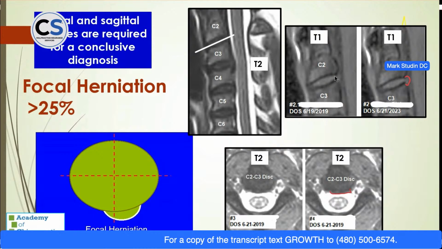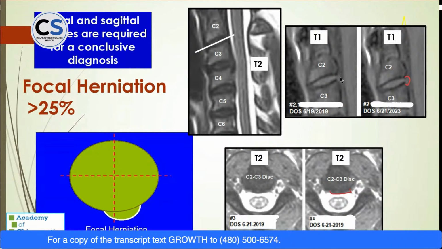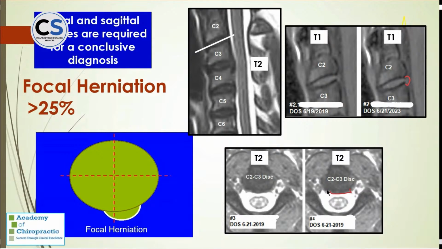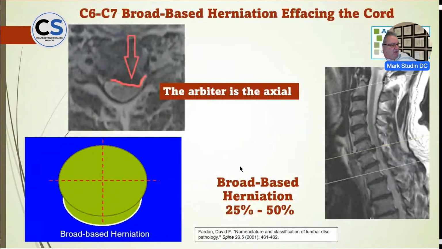Let's just look at this. Here's a T1 weighted image where water is dark. Here's your herniation. I've colorized it for you. It's less than 25%, and you need two views to conclude an accurate diagnosis. And this is obviously in the cervical spine because we see a spinal cord and the nerves lining up to exit over here. And these are your neural canals. It gets a little bit crazy, but it's easy.